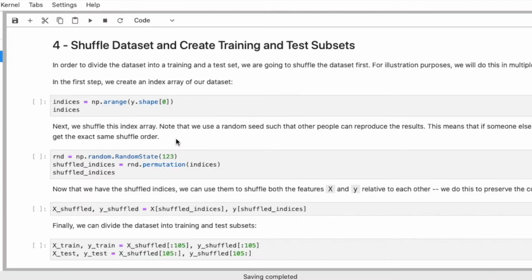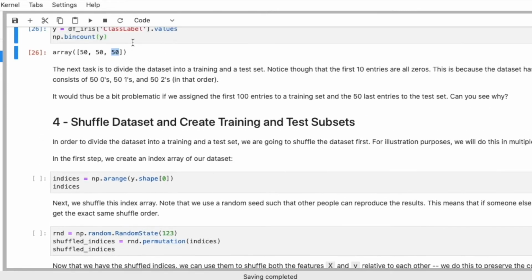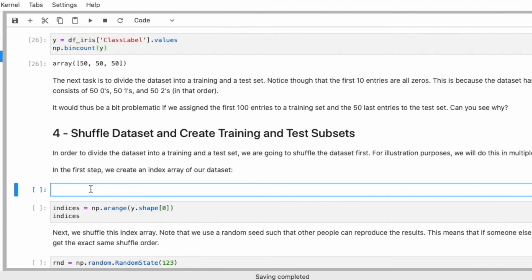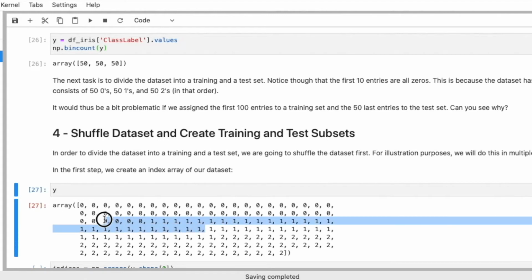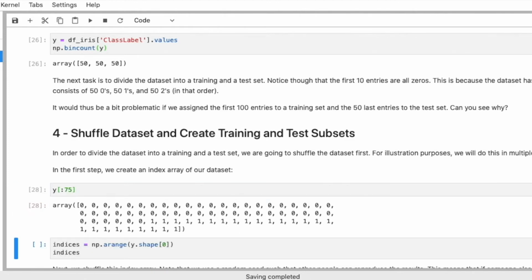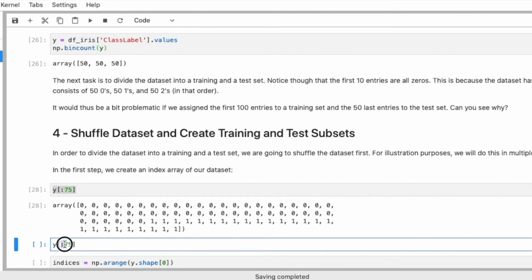Okay, so what we are going to do now is we are shuffling the data set first, and then we are dividing it. Why do we shuffle it? I showed you above that the class labels are sorted. So when we look at Y again, we see that the first half of the data set would be approximately here. We can actually show it like this. It should be 75, right? So these would be my first half, and this would be my second half.